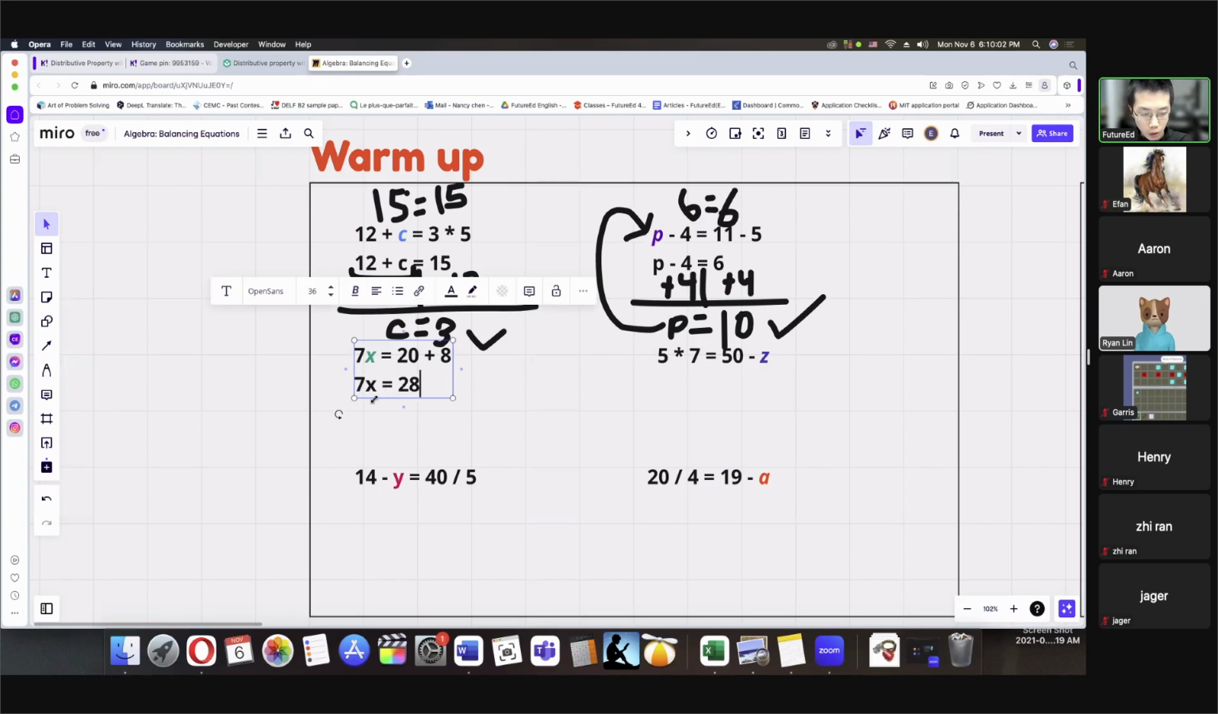How do we make the x all by itself? Or how do we isolate x? So if you remember from my previous lessons, the x is being multiplied by 7. So what's the opposite of multiplication? If you multiply by something, division. Division. So if you multiply x by 7, how do you get rid of the 7? You divide by